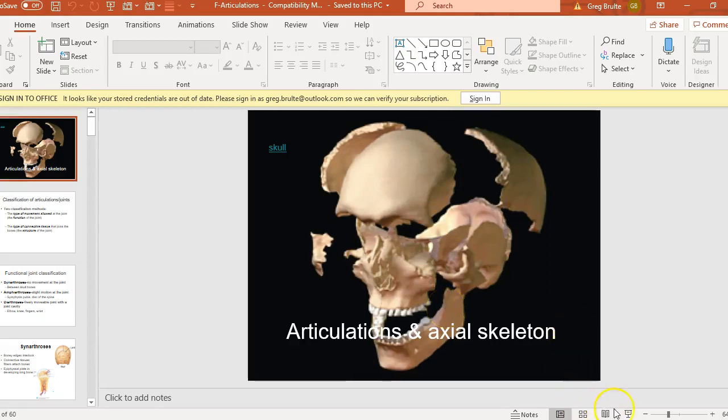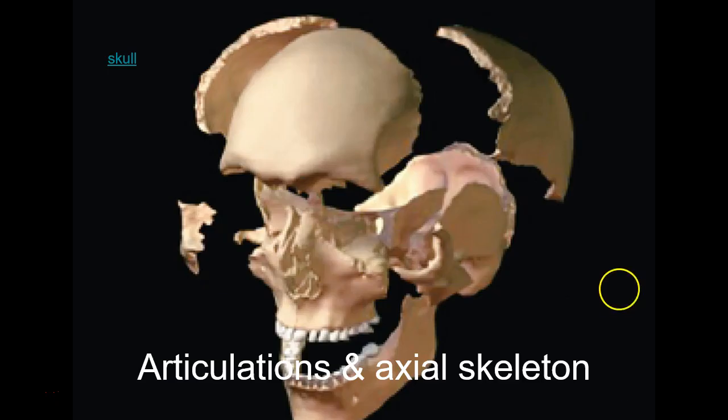Okay, so this is PowerPoint F, articulations and axial skeleton. I'll probably divide this into two, maybe 25, 30-minute lectures. Okay,